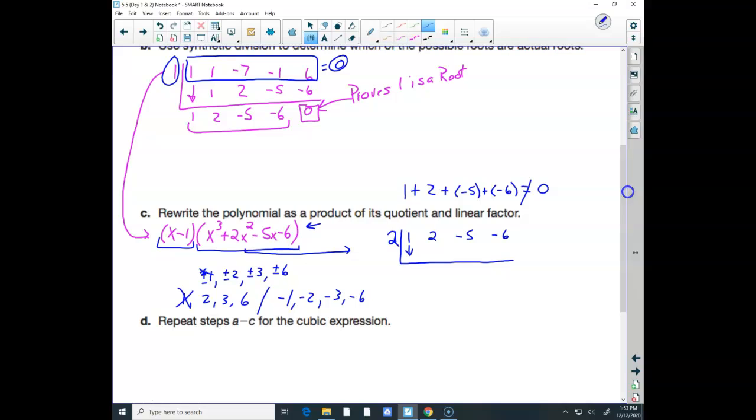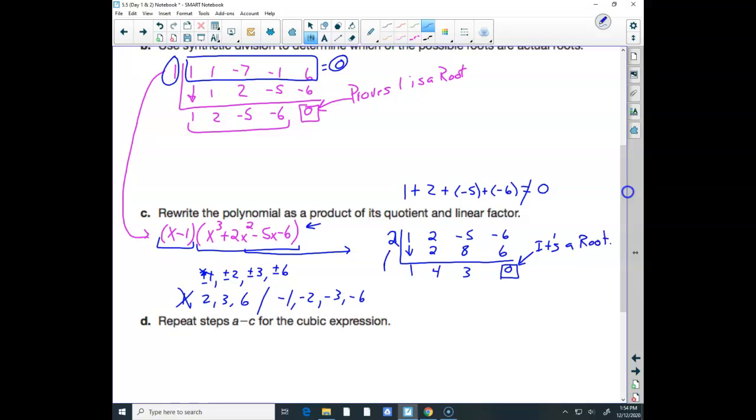it out, because if it works, I know I'm going to get a 0 there, okay? And how do I know which one to pick? You don't. You just guess and check. Everybody's favorite, 1. 1 times 2 is 2, plus what's above it is 4. Times 2 is 8, plus what's above it is 3. Times 2 is 6, plus what's above it is a 0. Well, I'll be. There is another factor, okay? It's a root,